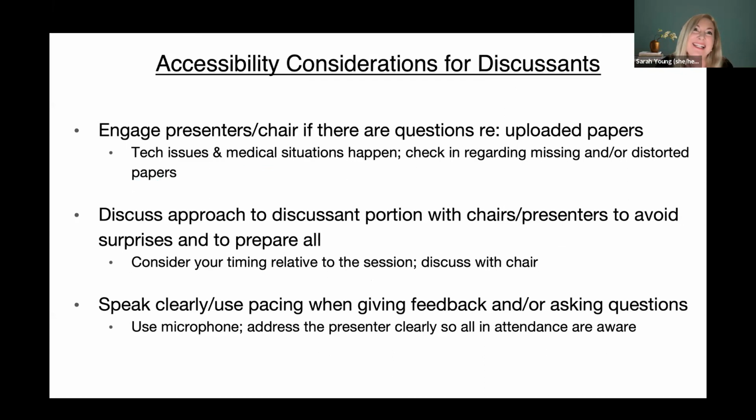is that a discussant should also be part of this communication. So engaging with presenters and the chair if there are any questions about the uploaded materials. Tech issues happen, medical situations happen. Sometimes someone might have to pull out of the conference at the last minute. You need to be aware of that related to your role in reviewing the content and preparing your remarks and